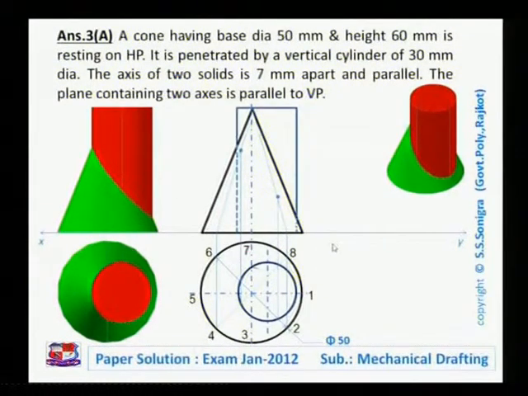Now the next step, find out the points of intersection between the cylinder and the cone. This is the cylinder top view and this is the top view of the cone. So the point of intersection would be here. Here the cylinder cuts O2. This O2 is an imaginary generator over the cone that cuts the cylinder over here. So pick up this point and from that point draw a straight vertical line that will cut O dash 2 dash at one point. So here is the point.